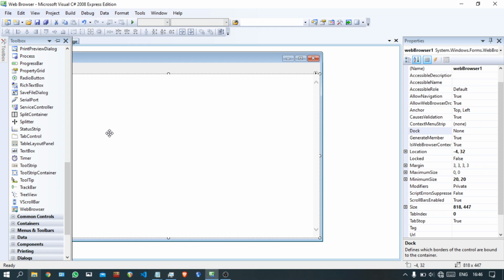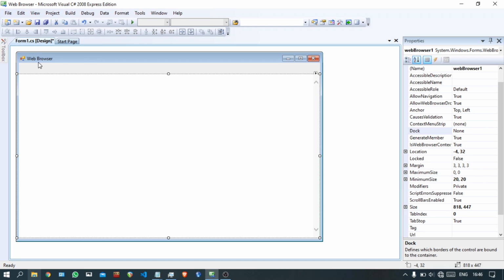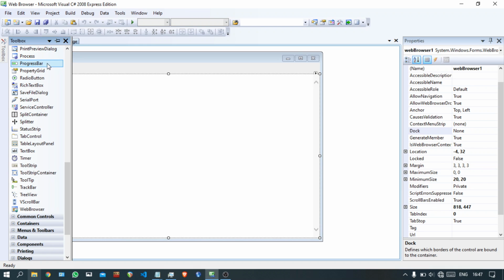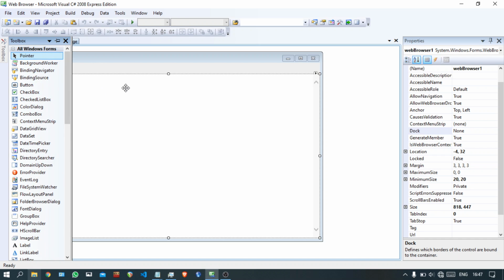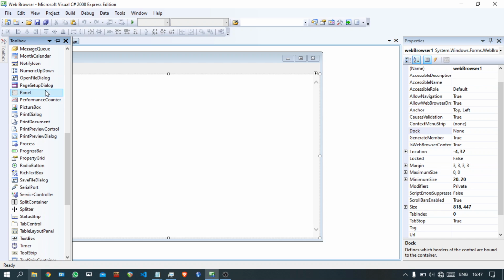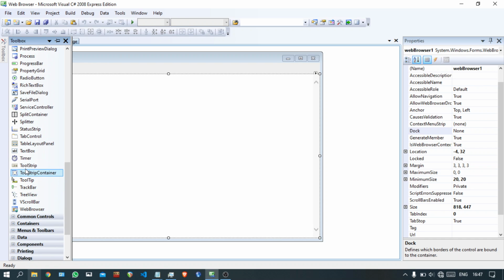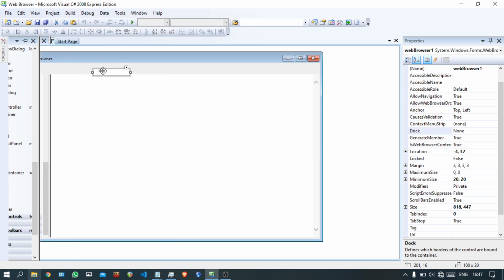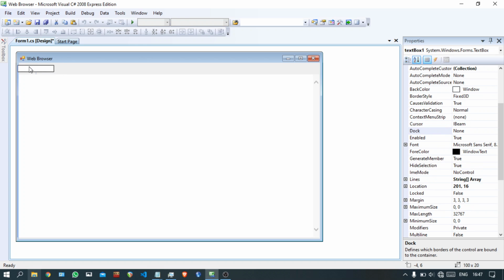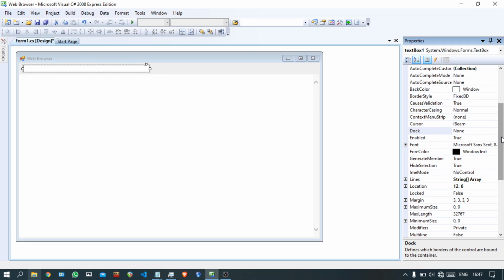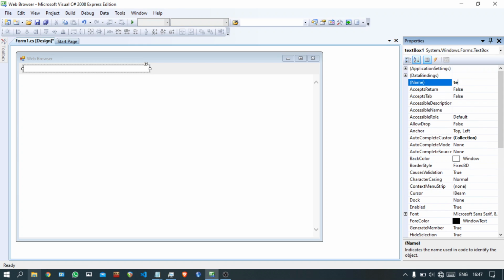So the first thing that you'll see the web browser does is that it has a URL box right here, so you can just write something and it'll just take us to that web page, and that web page will be displayed in this web browser component. So let's first create a text box. So let's search for text box. Where is it? Okay, text box, there we go. And let's create the text box, and let's just drag it somewhere like there